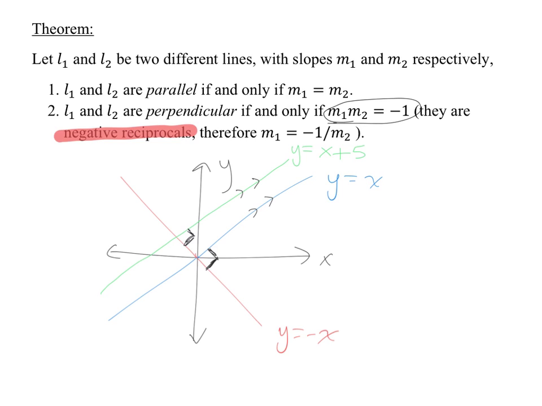They're negative reciprocals. And this is the statement I want you to remember that I've just highlighted in red: the slope of one line is equal to -1 over the slope of the other line. For example,